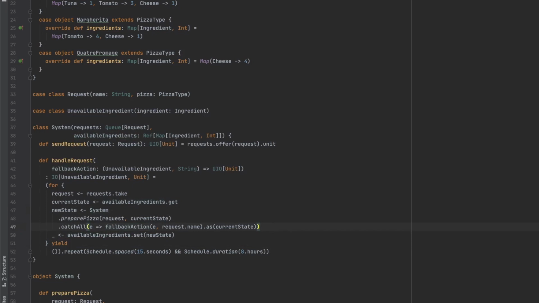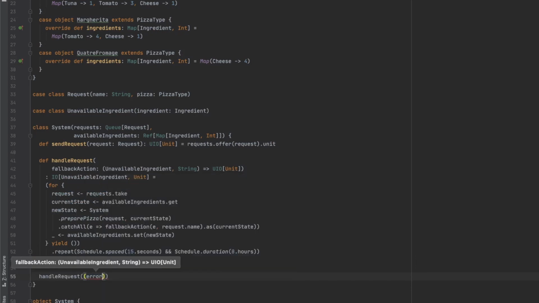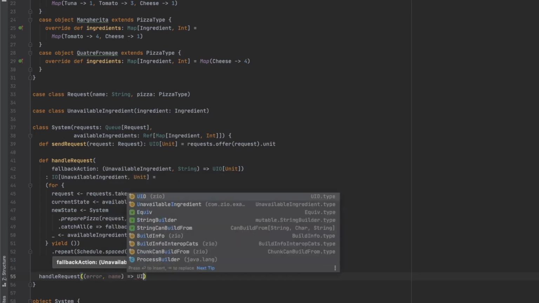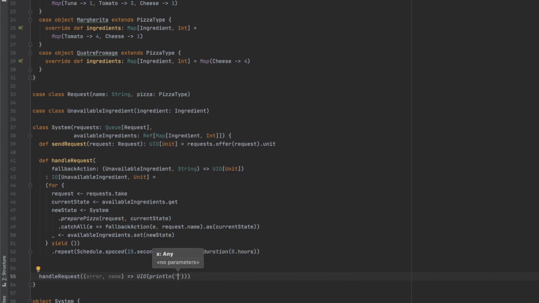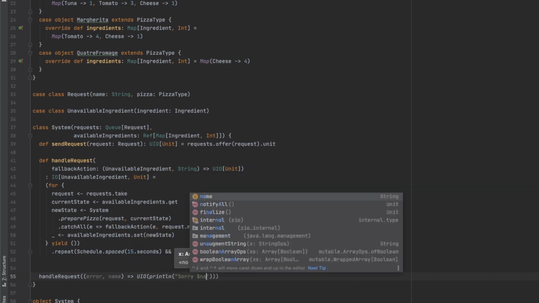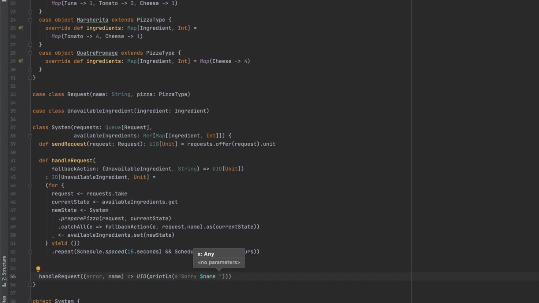And yeah, now you can imagine that when we call handle request, it would be something like this: error, name, and we can call a program that says sorry, name, that uses this name. The problem was ingredients. Oh, sorry. Error. So it would be something like this, and the fallback action could be a simple UIO with print line,